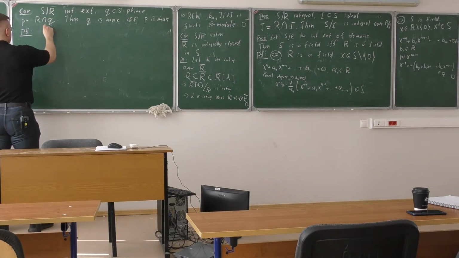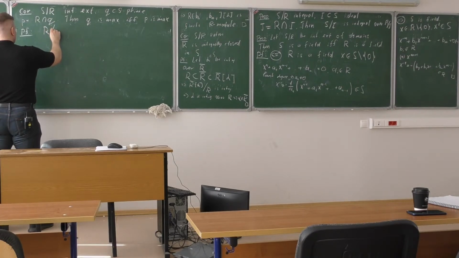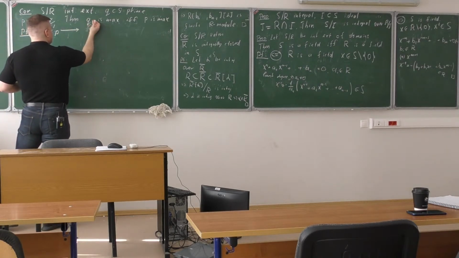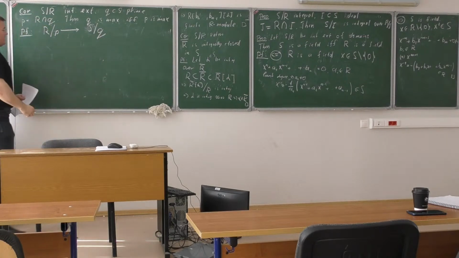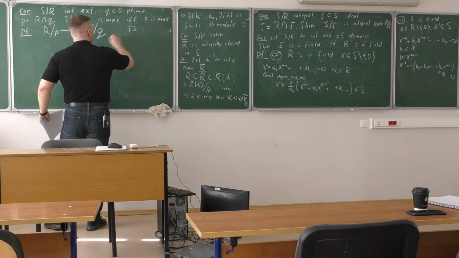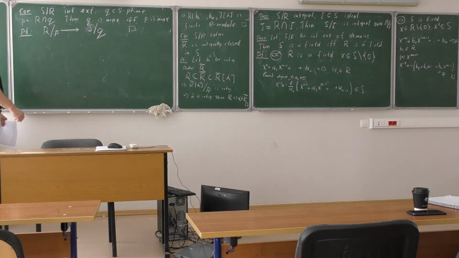You consider, maybe I write it like this. I have an integral extension like this, and this is an extension of domains. So I apply the previous proposition. Well, this is just an example of the pre-image of a prime ideal under a map of rings. We know that in general, if you take a prime ideal and take its pre-image, this is prime. So this is just the special case where R is embedded into S.